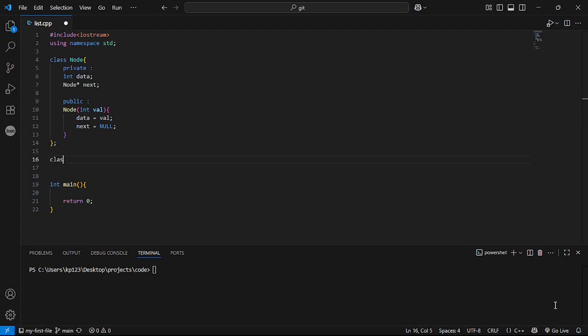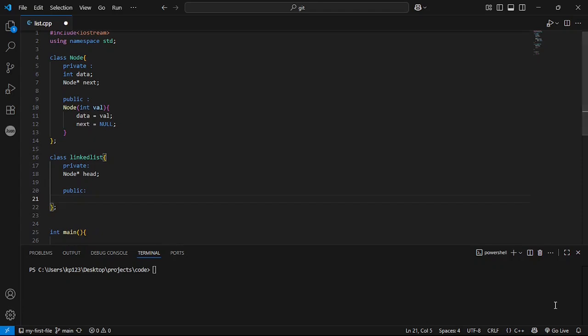Now we also have to make a linked list, right? Since it's a class, it doesn't need parameters. We will have a node pointer as head.